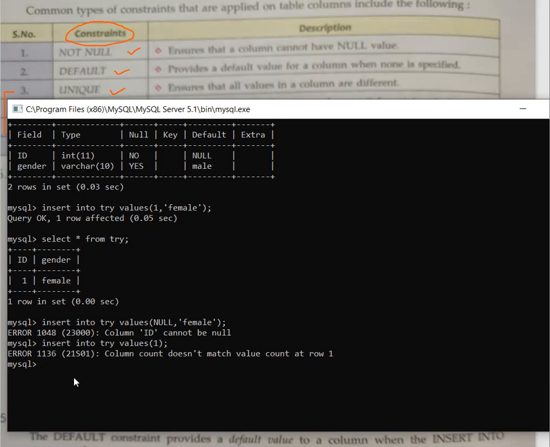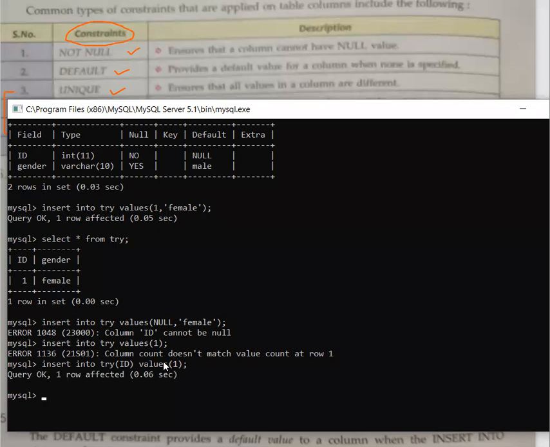Now we are going to understand how to use another insert method, so that we can give the default value here. So, insert into try, as we discussed last time, then I give the column name, so it is ID, and values 1. You can see it is working perfectly.